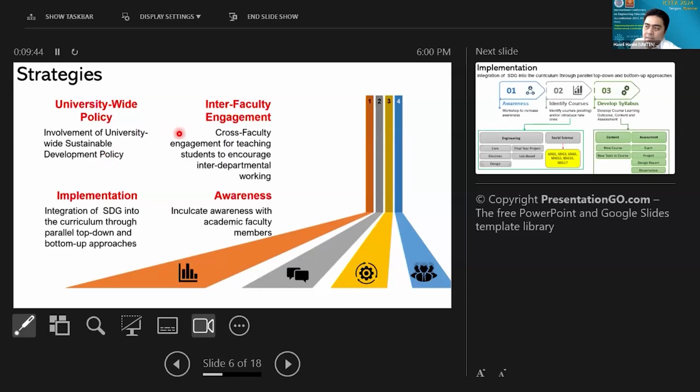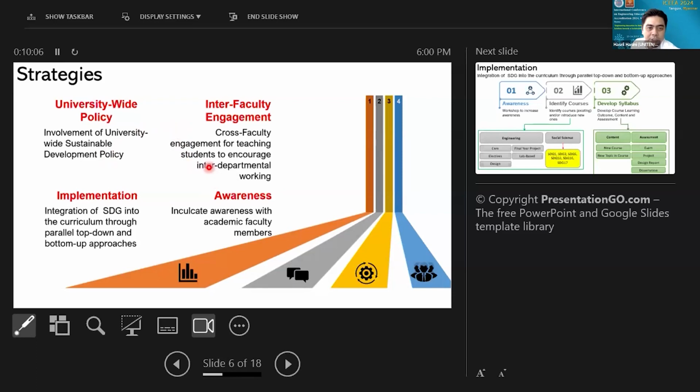Then probably it is also better to start with inter-faculty engagement, cross-faculty engagement for teaching students, to encourage interdepartmental working. Bear in mind that there are 17 SDGs altogether. Not necessarily all have to be covered by engineering graduates.